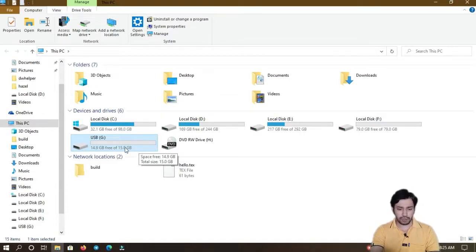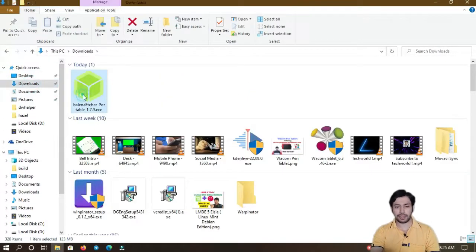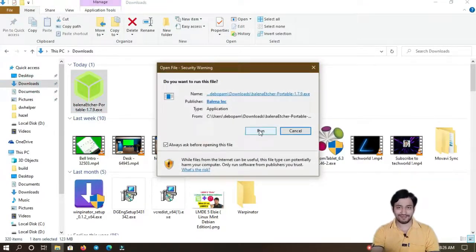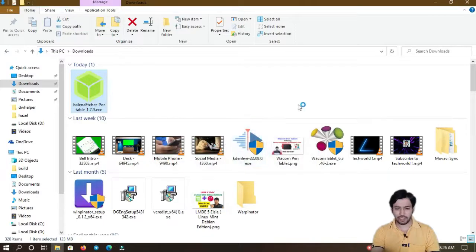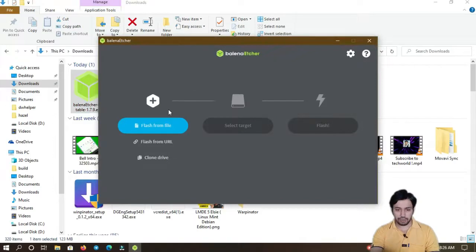Now I have to open Balena Etcher. In the download folder you will see the Balena Etcher portable edition. So double click here and just run it. This is the portable edition, no need to install this software, and this is actually very good software for burning an ISO or image file to a USB disk, because it also checks for corrupted or bad sectors. So you can see now, flash from file,